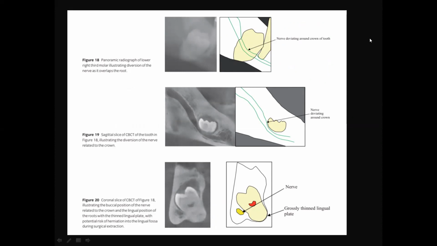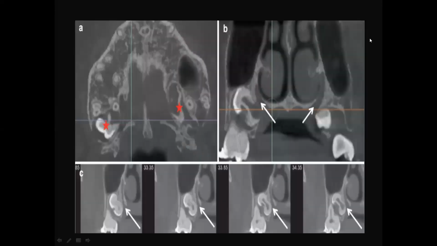Now you can see it is deflected downward. That means it is present in the inferior direction, but we never know if it is buccal or lingual. But as I told you and had taught you before, if the canal outline is not visible on the buccal side, that means it is present on the buccal side. So we can see that it is present on the buccal side.